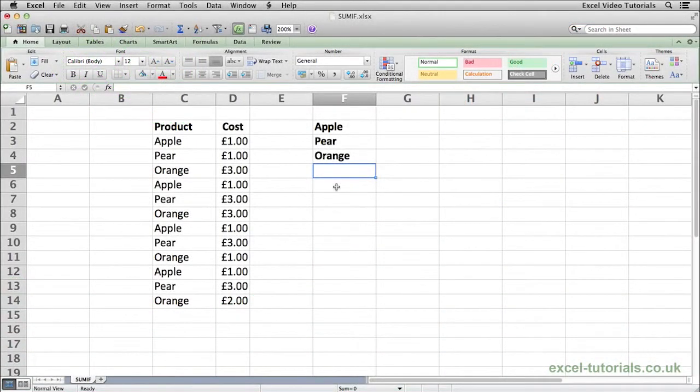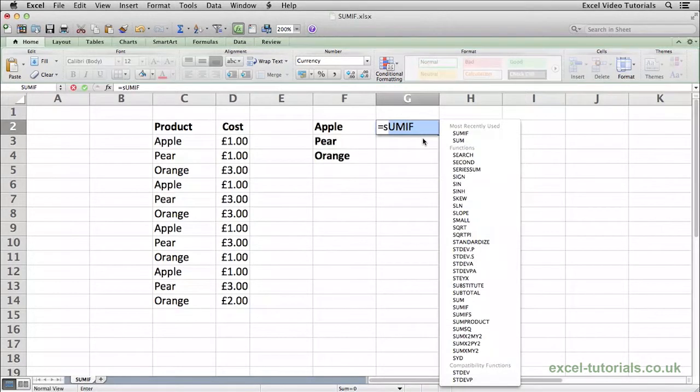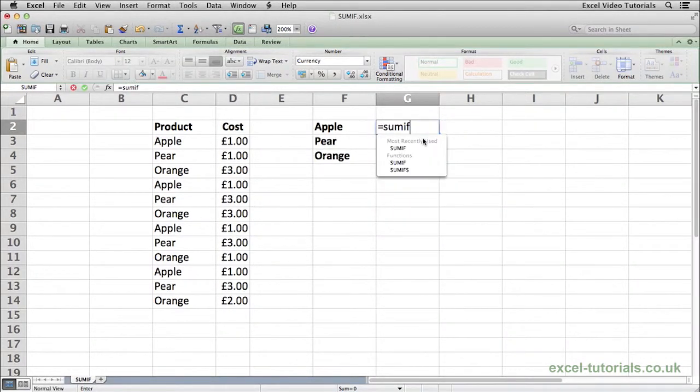The SUMIF function allows us to calculate ranges of numbers to get totals based on a criteria. So to demonstrate this function, using this list of fruit we have here and the prices of them, we're going to total up how much apples cost in the list, how much pears, and how much oranges cost. So to do this, I'm going to do equals SUMIF, open parentheses, and Excel is asking for